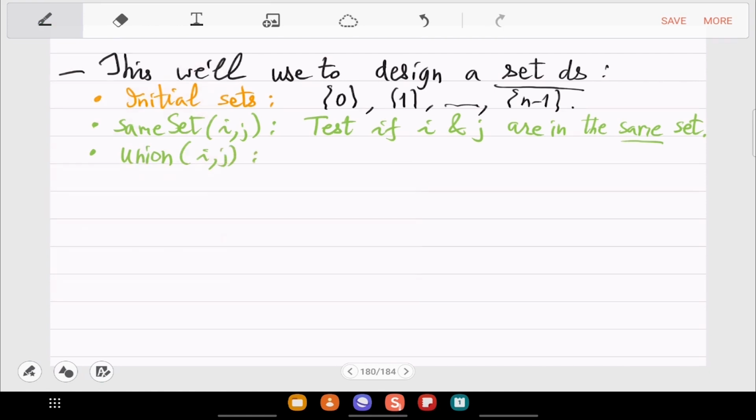So what is union I comma j? There is a set containing I, there is a set containing j, you take the union. So the previous sets are deleted and the union is the single set replacing them. So maybe I should have said that this is a disjoint union, disjoint set data structure.